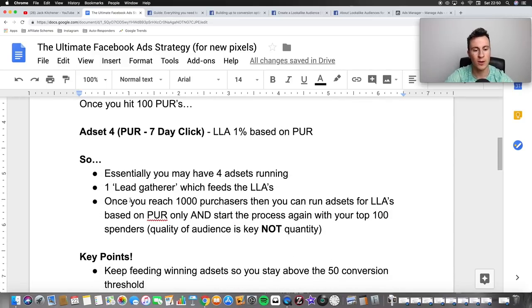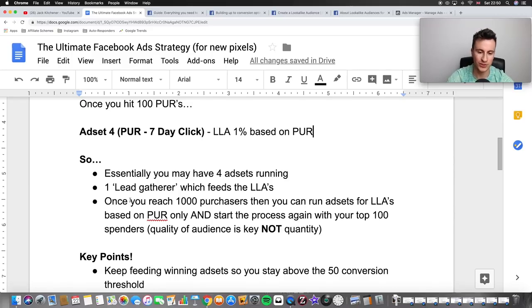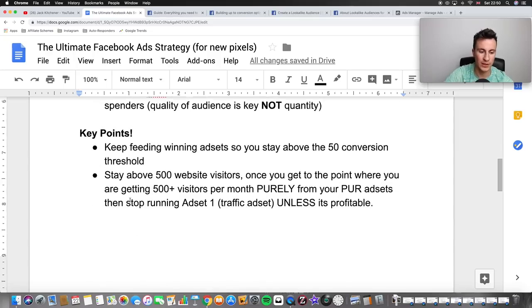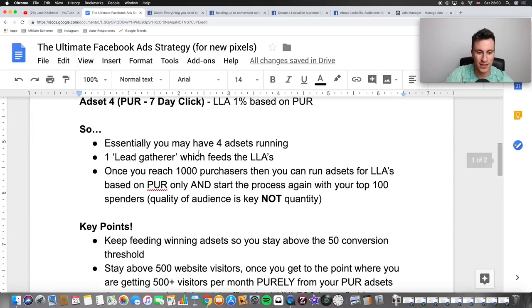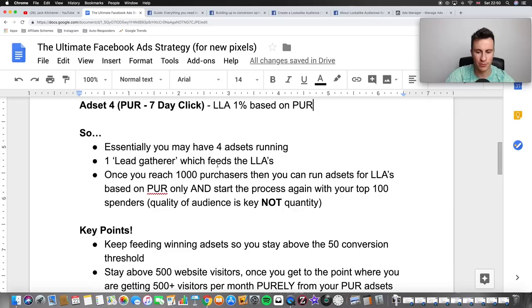And once you hit 1,000 purchases, once your custom audience has 1,000 purchases in, then you can run ad sets for lookalike audiences based on purchase only. So there's a couple of things you can do. Again, I'll talk about that later in the video as we get on to scaling down here. And you pretty much start the process again then with your